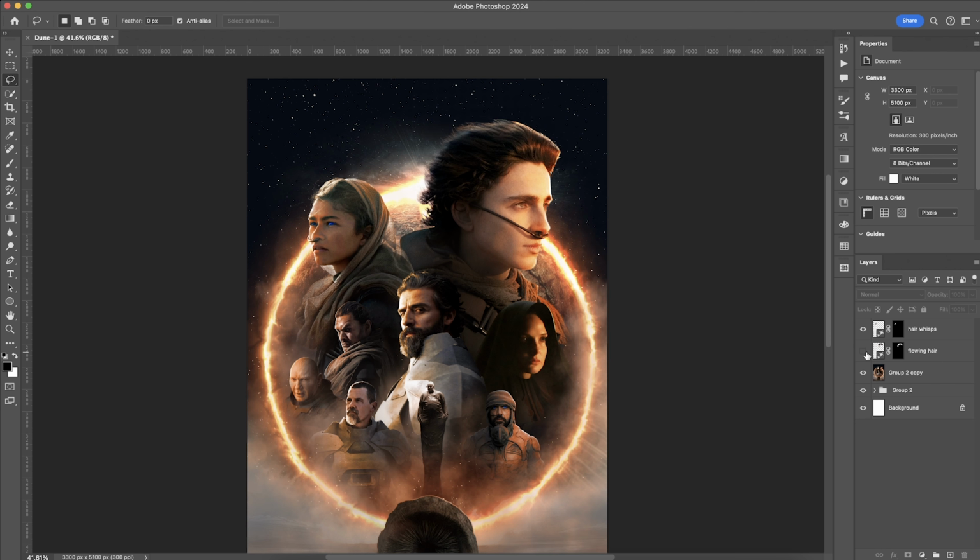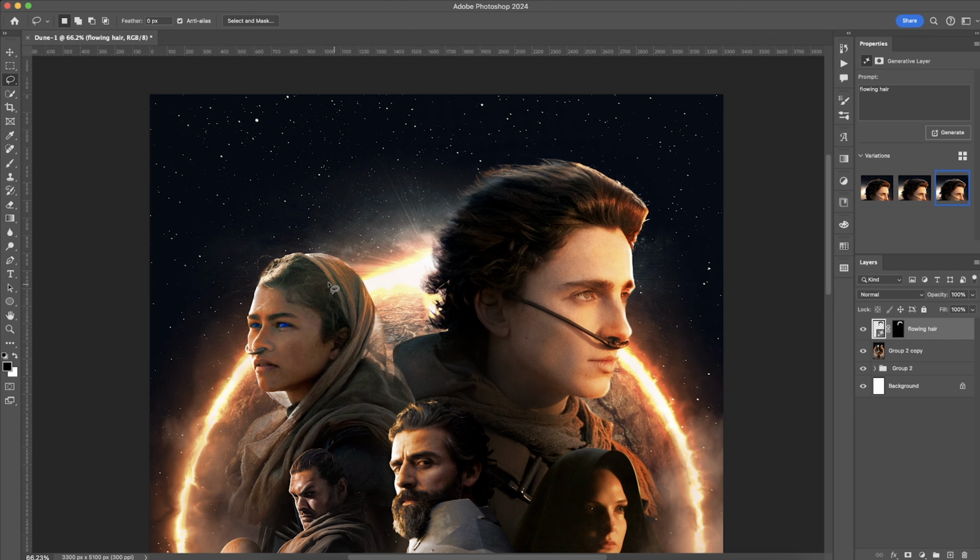Just like that. See, the best part about this is it takes into account all the work you've already done and adds that to its generative additions, giving you a really professional look in a few clicks. I mean, look at how that lens flare just kind of pushes through his hair and gives accurate shadows and kind of, what's the fancy word for when you have a light that shines through something? What is that called? What is that? Subsurface scattering.